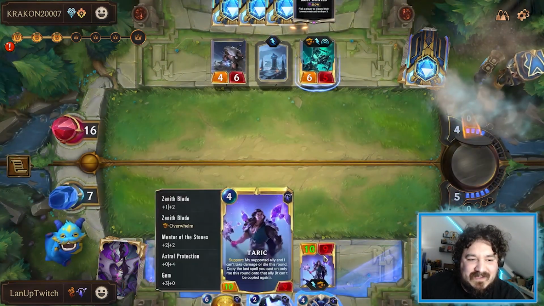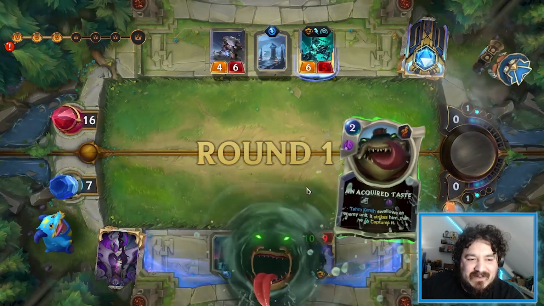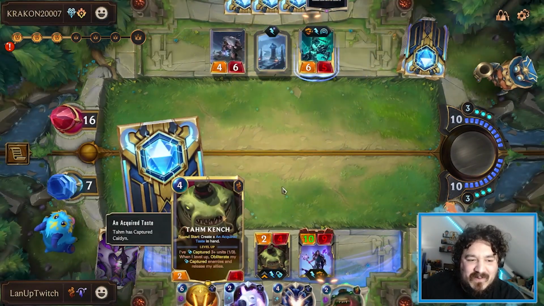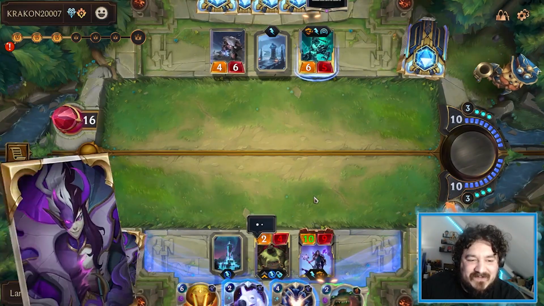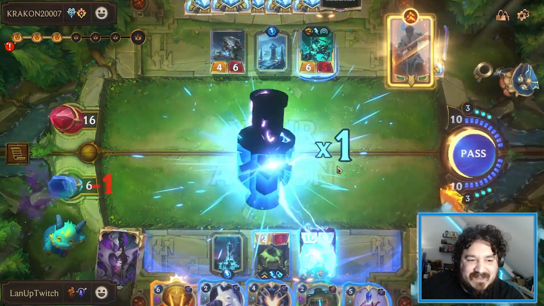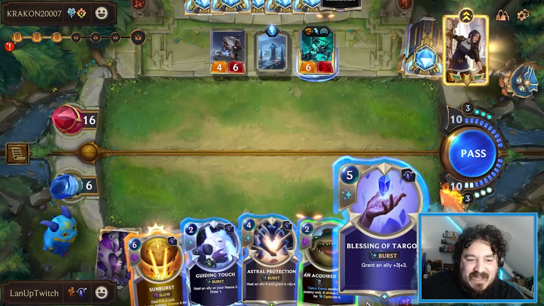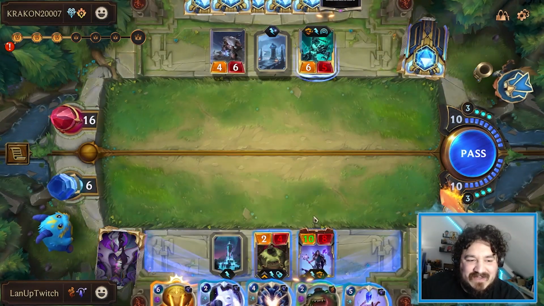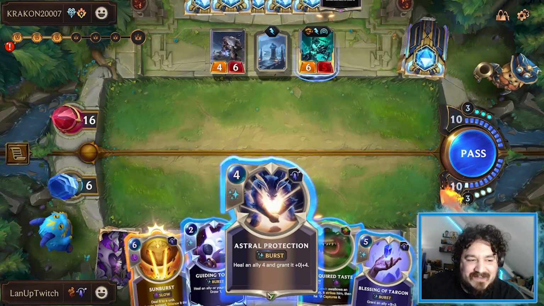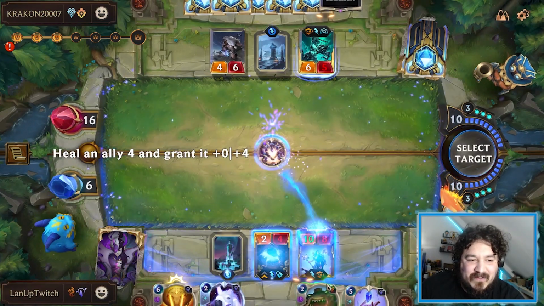So, gives me significant heal. Go for the Astral Protection. Immediately go forward, because then that means whatever they develop... Okay. Could even actually consider Blessing here instead of Astral Protection. But I guess Astral Protection will help this landmark significantly. So...